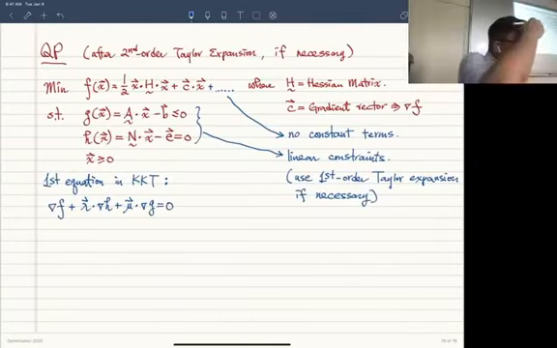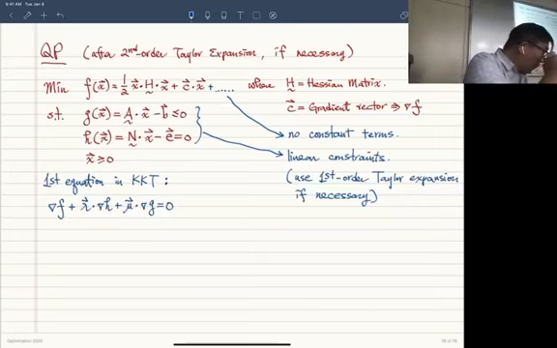This is the first equation in KKT. Okay, so actually,